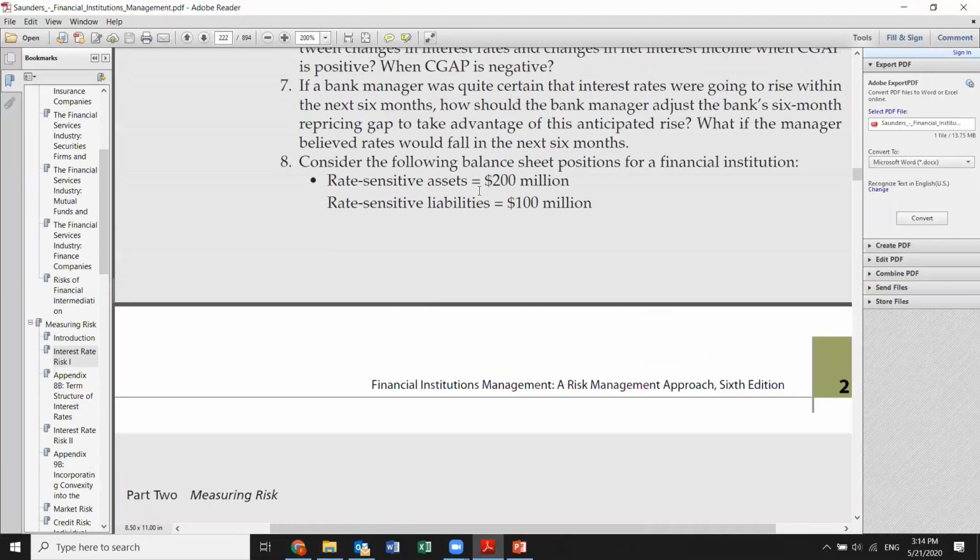So rate sensitive assets minus rate sensitive liabilities will give you a positive gap. What happens if it is a positive gap? If interest rate increases, it brings us positive net interest income. Which means 1% times 100 will be 1 million of income. So the change in net interest income will be